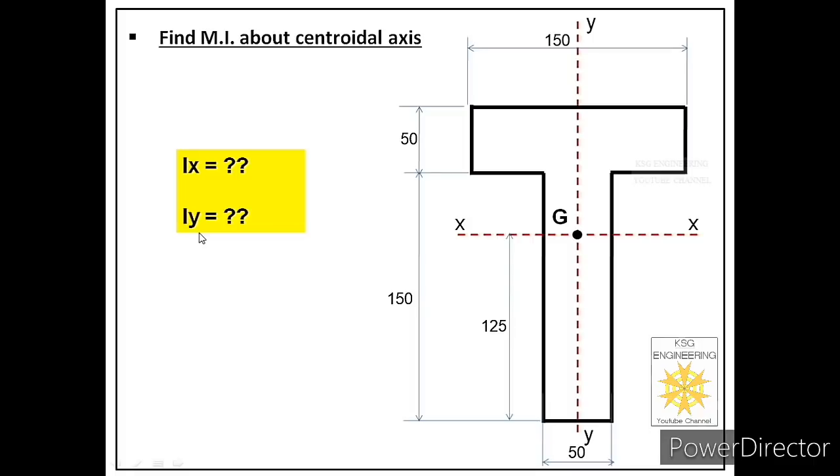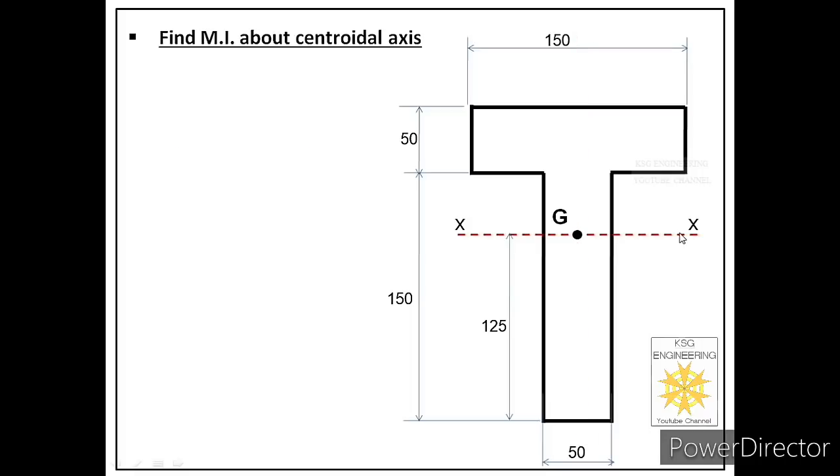So let us start the problem. First of all, we will find Ix. We have removed the other axis so that the solution is clear to you. So what is the first step? The first step is to divide the composite area into regular areas. How can we divide this composite area into regular areas? We can draw a line over here, and that line will divide this composite area into two regular areas. We will call this rectangular area, area 1, and this rectangular area,